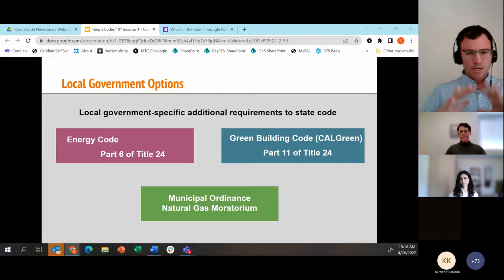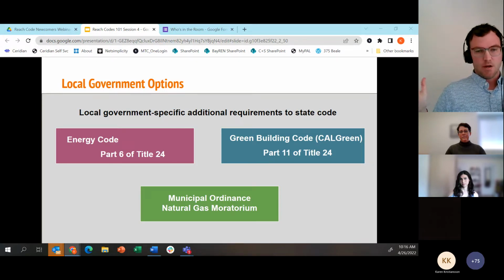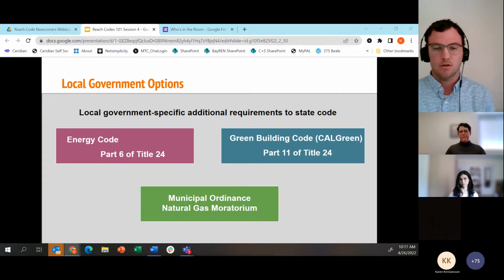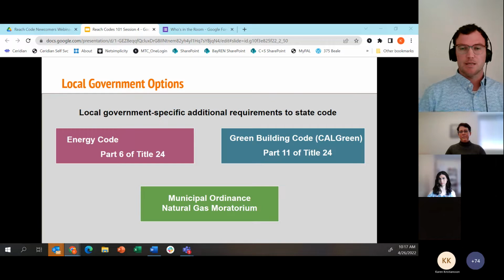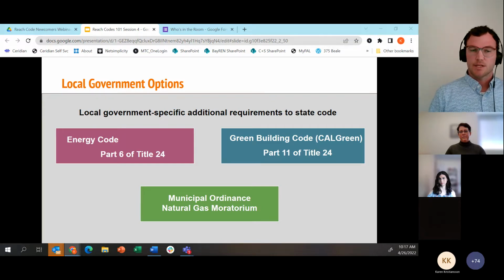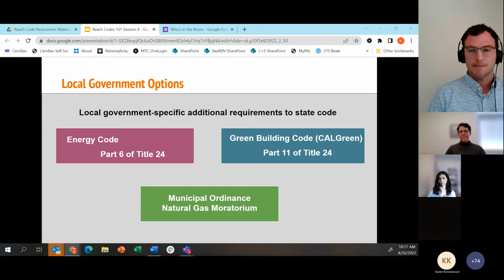So starting at this high level, these are the 2 parts of the state code, and the third option, which is the local government's own jurisdictional authority. We'll get into the details about some considerations for each of these approaches in the next slides.